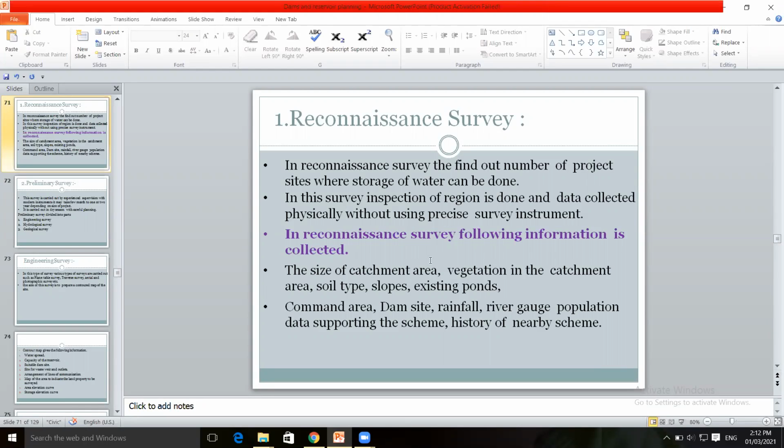The size of the catchment area किती है, the area of the catchment covered by that water, size of the reservoir, catchment area, vegetation covered in the catchment area, म्हणजे ते कुठल्या टाइपचे सॉइल आहे, टाइप ऑफ सॉइल, टाइप ऑफ वेजिटेशन कवर्ड, वेजिटेशन में ग्रास और टाइप ऑफ ट्रीज, नंबर ऑफ ट्रीज, or any type of crop is there. So that is studied, that data is recorded.